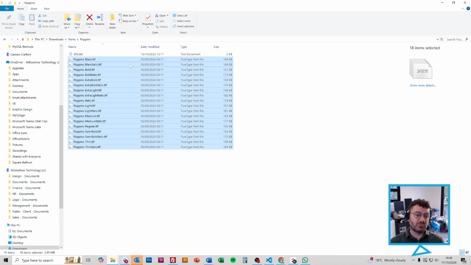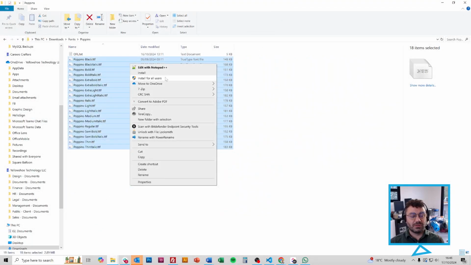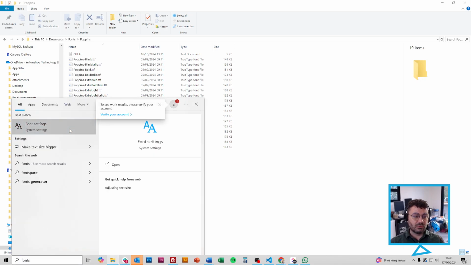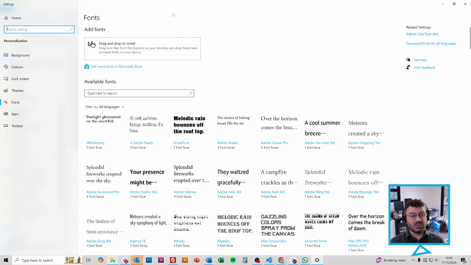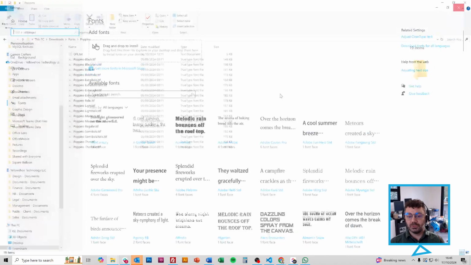So if you select them all and right click, you get this option: install or install for all users. Now, if you don't have multiple users or you don't need it for all users, don't click install for all users because that will take up a lot more space. Just click the install button. I've already done that. Once you've done that, if you type in fonts in your browser, you'll see all the fonts are installed, and you'll see Poppins is now one of them, which is great